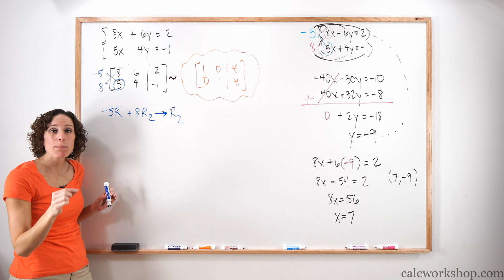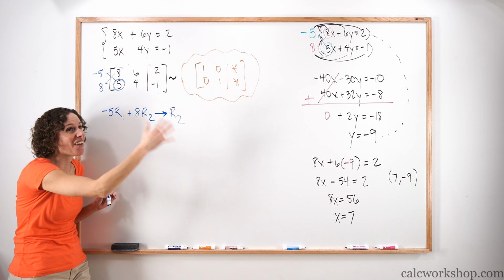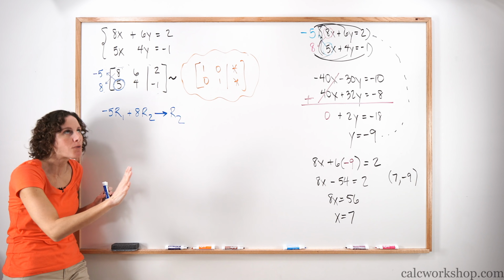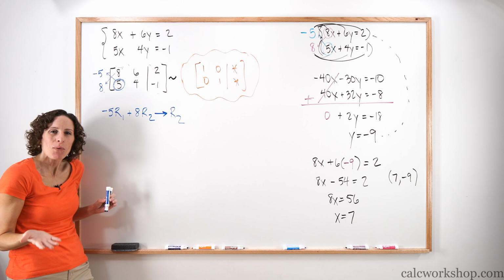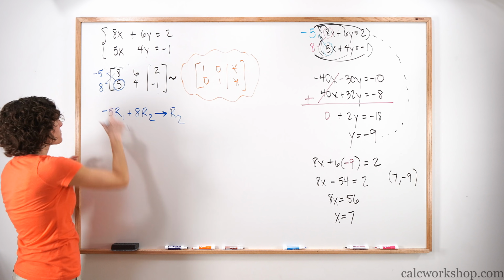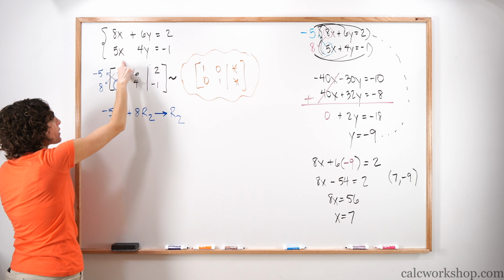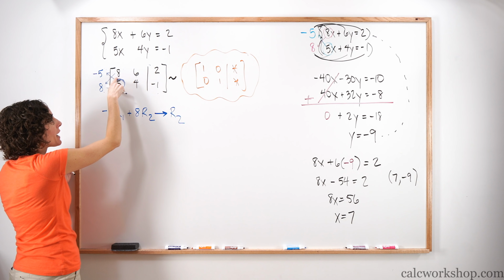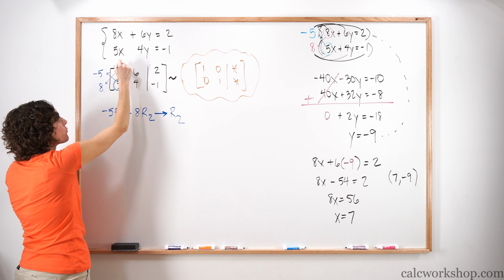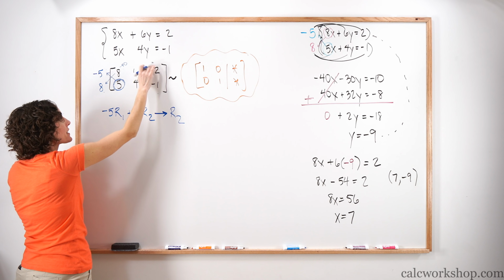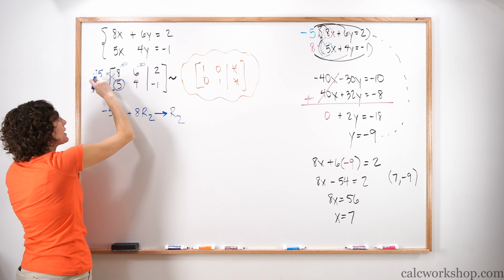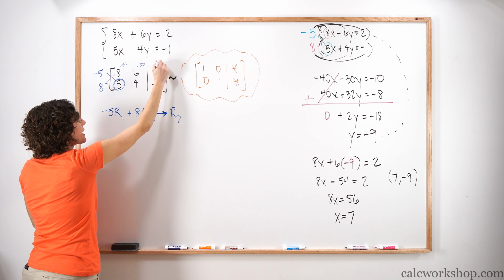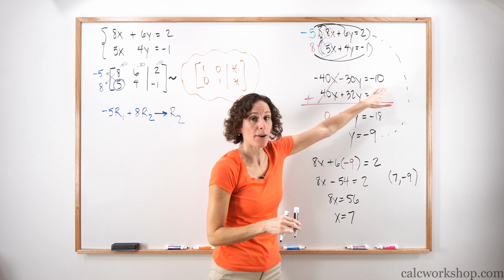If we have to, you can write it in pencil, you can write it really faintly, you can put it on the side so no one will ever know that you wrote down these numbers, but we just got to make it right. So I'm going to do it in small little writing in blue so you can see the manipulation. If I take this -5 and multiply by 8, I get a -40. -5 times 6, we get a -30, and -5 times 2, we get a -10. Well, we saw that over here.